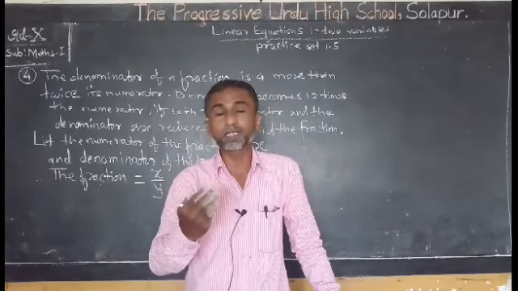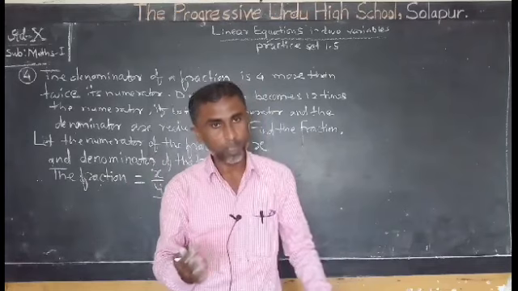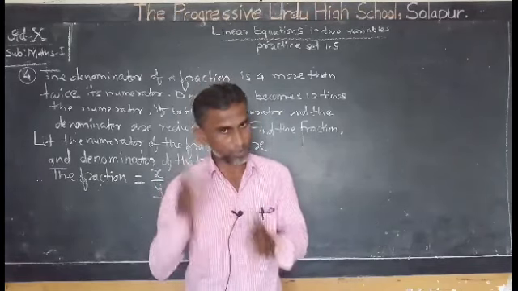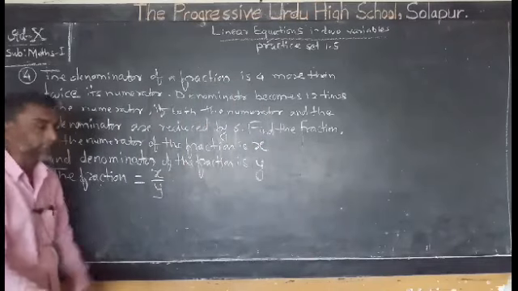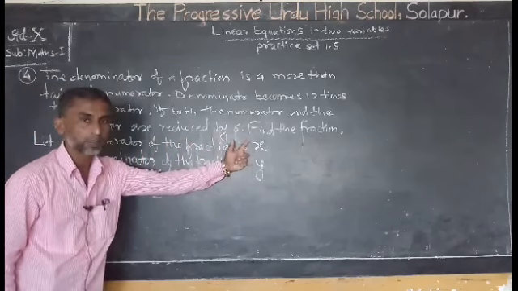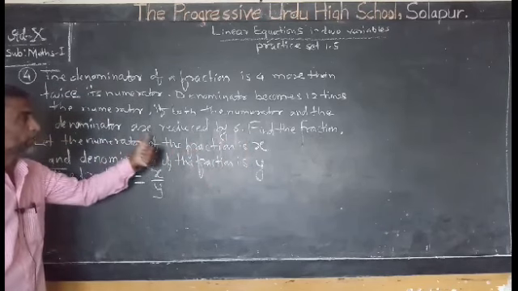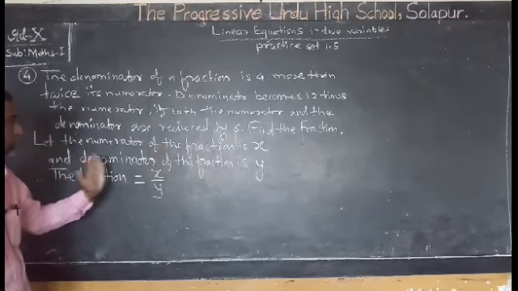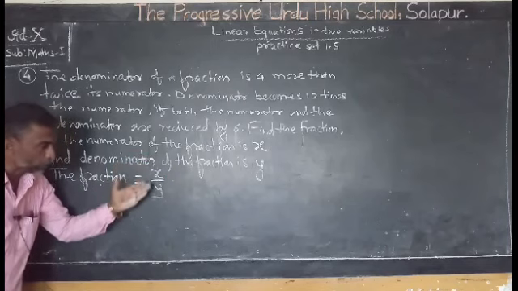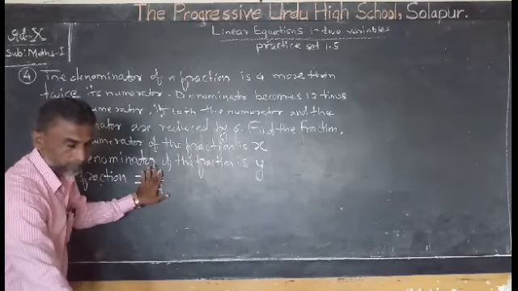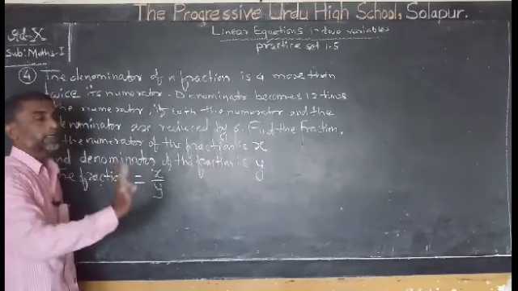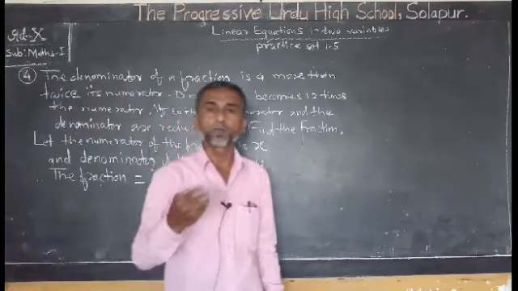Now this word problem is about fraction. We know fraction contains numerator and denominator. So we should first utilize two variables for numerator and denominator. For that purpose, I have already written here. Let the numerator of the fraction be x and the denominator of the fraction be y. Therefore, the fraction will be x upon y. This is the fraction. We have considered numerator and denominator. Therefore, x upon y is the fraction. This we have to find.